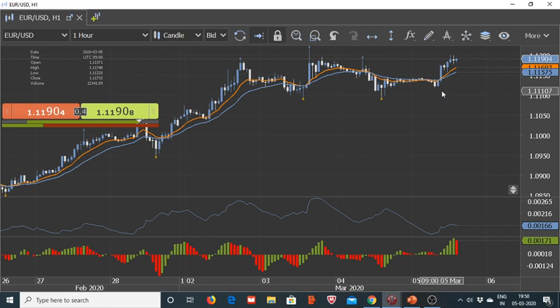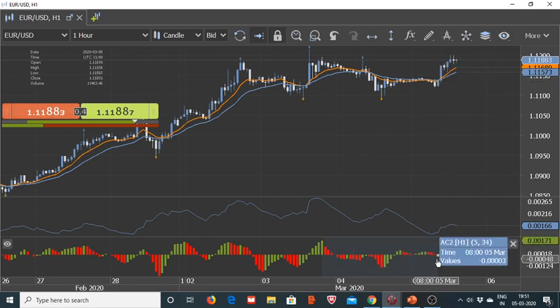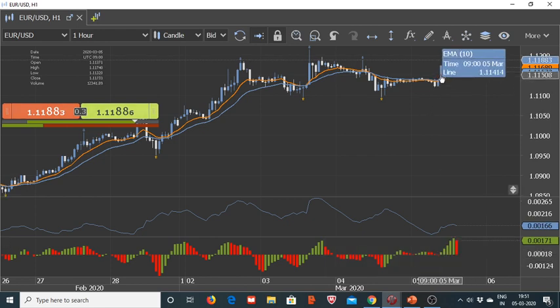in today's session, the crossover here changes from being in the bearish territory to the bullish territory, and at the same time the AC2 should also change from bearish to bullish. So here we have at 9 GMT, the 9 GMT is here, this bar. When it closes, the AC2 is also changing direction, and